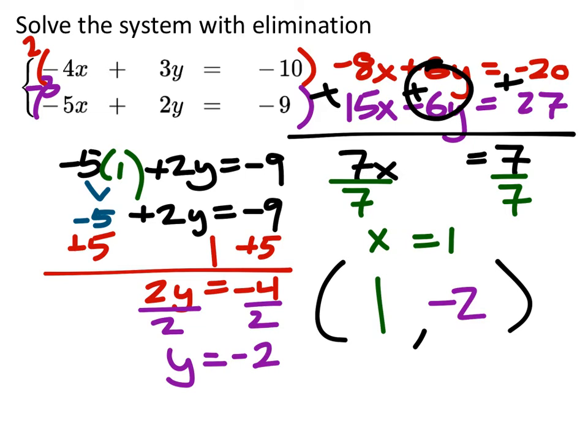Now, remember the showing our work stuff, or checking our work, we don't necessarily need to show it on the test. So we could just plug these in, right? So I got negative 4 times my x is 1, plus 3 times my y value is negative 2. I forgot to multiply that. And then I got